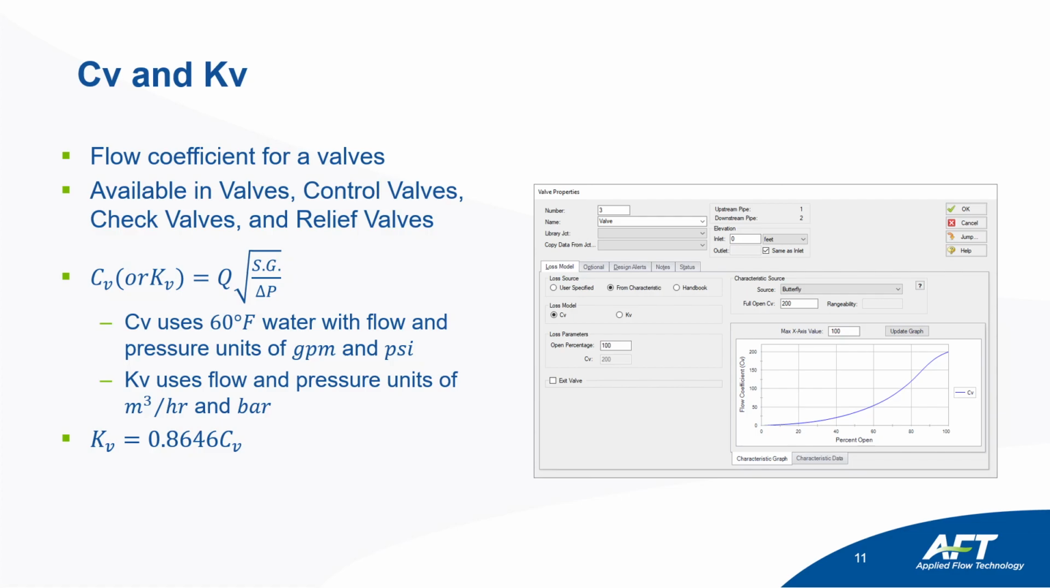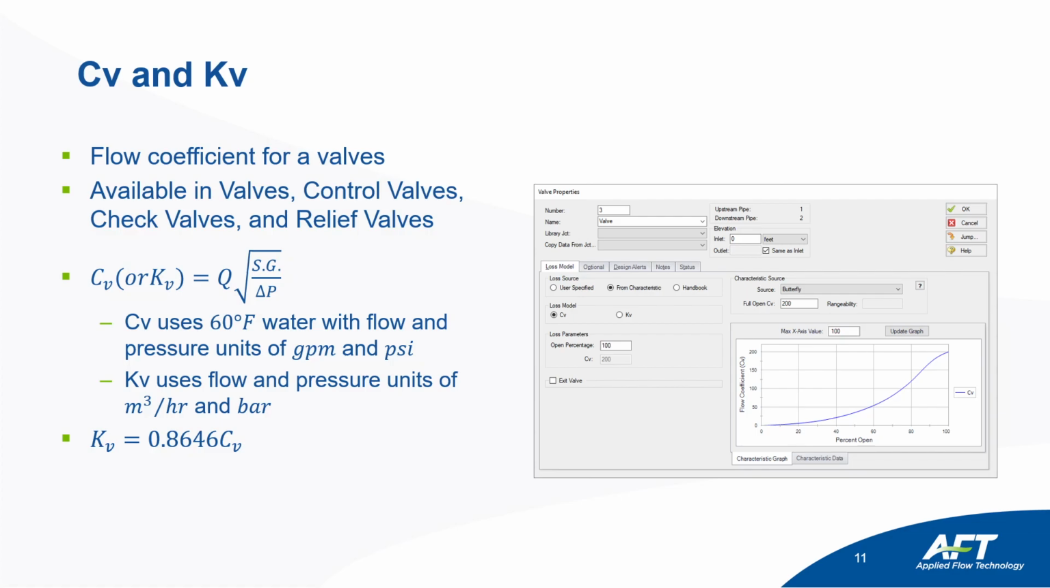Let's step back into our minor losses, other forms. We're going to look at flow coefficients for valves. These are our CV and KV values. These are going to be available in practically any valve within our software. Here's the equation for them. CV is going to equal the flow rate